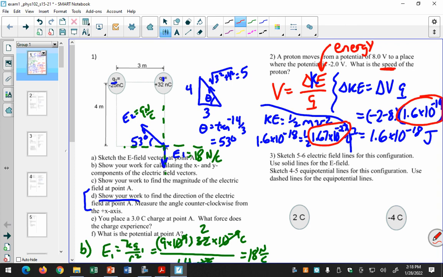And these equations are all, of course, on the equation sheet, except for this one. There are a few equations that you need to remember from last semester. Newton's second law, F equals ma. Our two kinematics equations, v equals v naught plus at, and then x equals v naught t plus 1/2 at